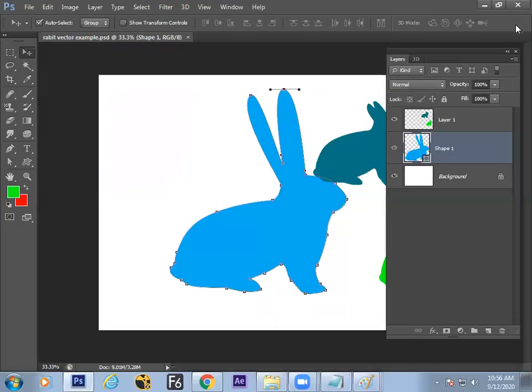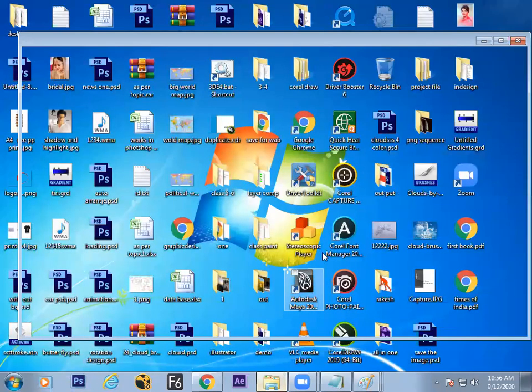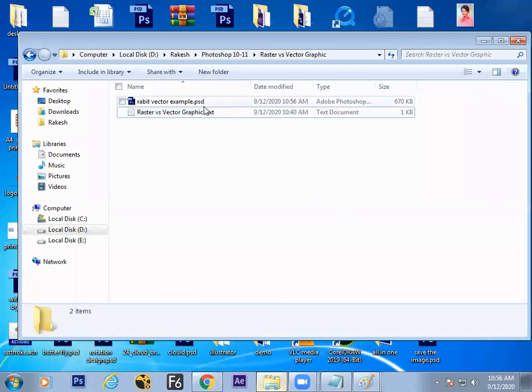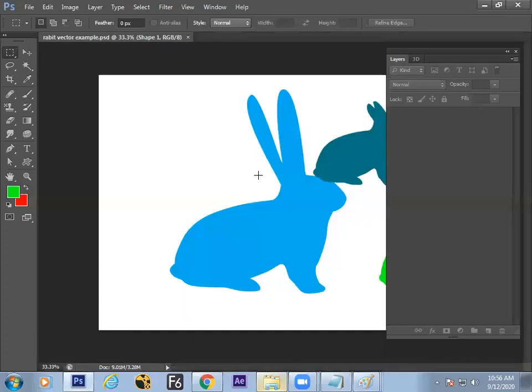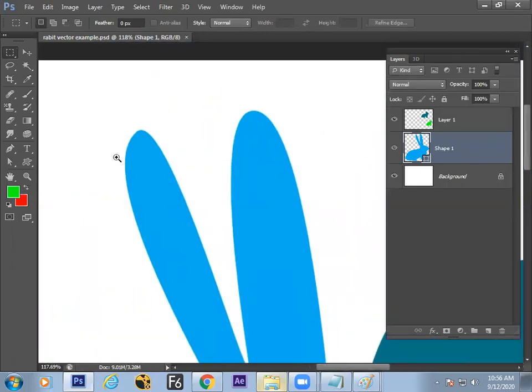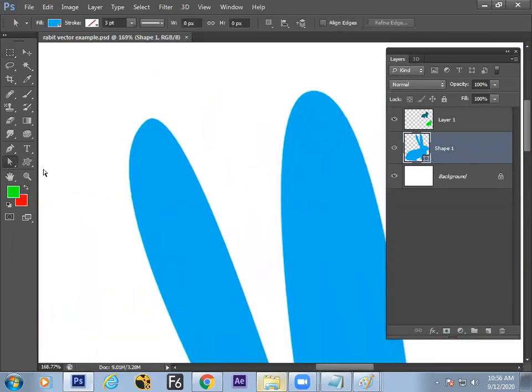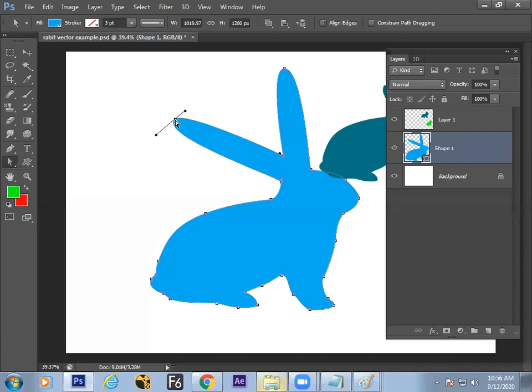I'm closing Photoshop entirely. And next day I will come and open this. It will be like that only. We can modify the shape anytime, even after closing and opening the document also. That shape we can touch and edit using direct selection tool and path selection tools. Like if I go to the direct selection tool and click on the edge like this, we can see the path. Still it is available. So we can modify.